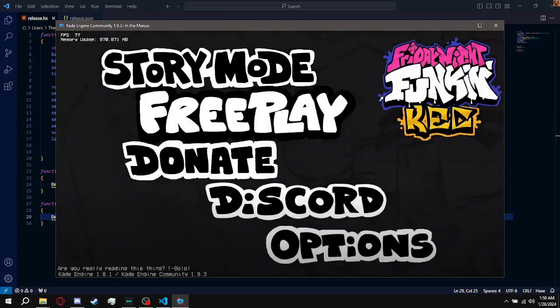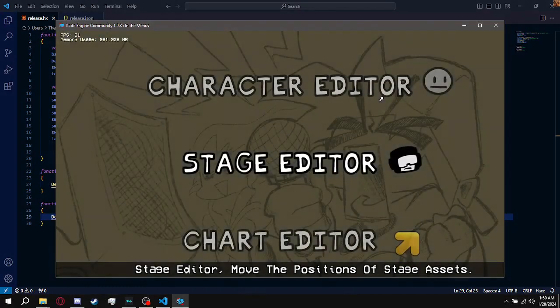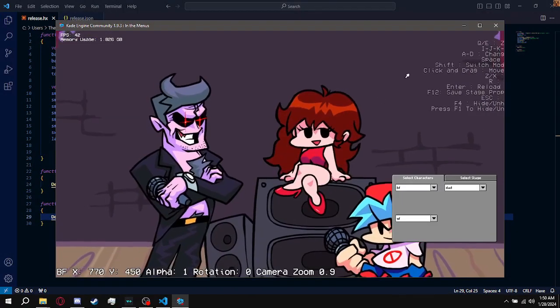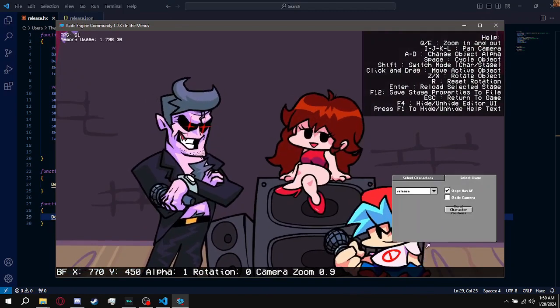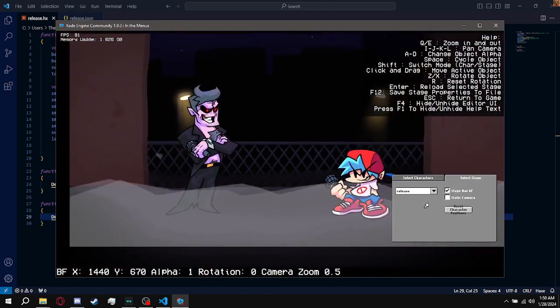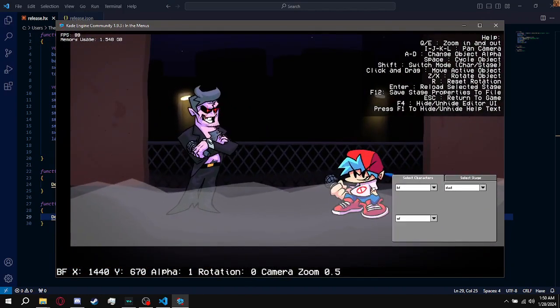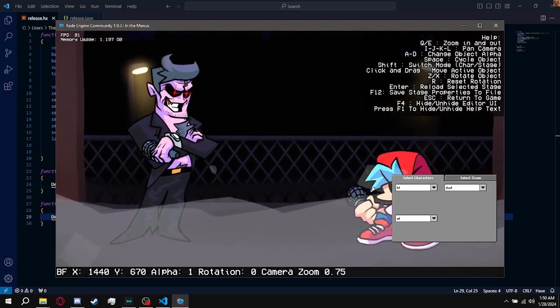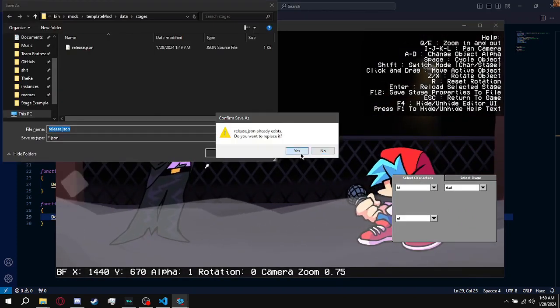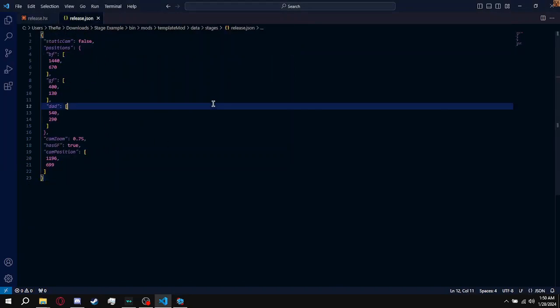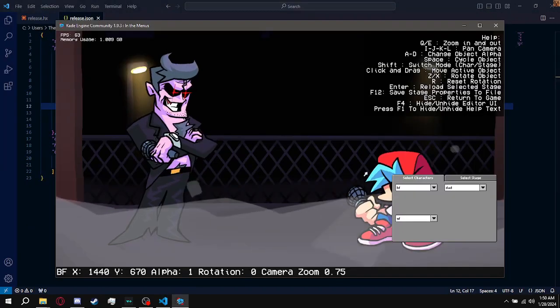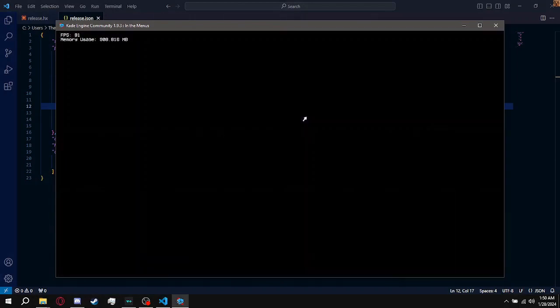Okay, actually we can access the stage editor from this really neat menu that I spent a little bit of time on. If we reload, reset character position, zoom in a little bit, save because we don't really want him there, format, go back,